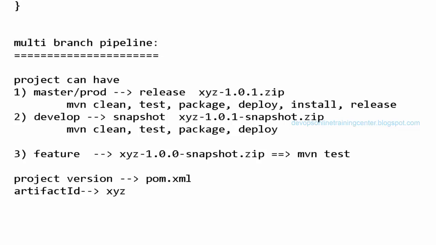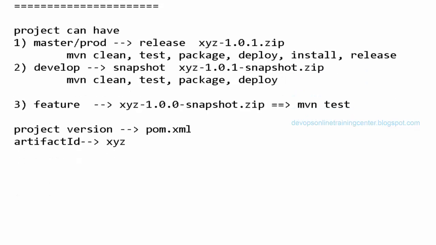Like this, if I want to have an architecture defined for the project, I can write a Jenkinsfile that does all these things, right? So based on the branch, I need to define my Jenkinsfile to perform the job, right? So first we have the repository. Now what is the next step?